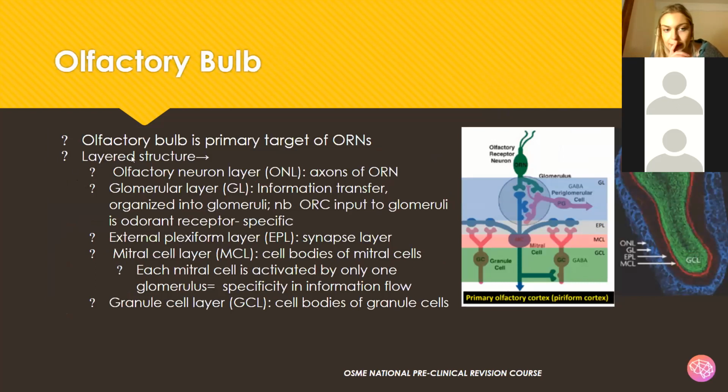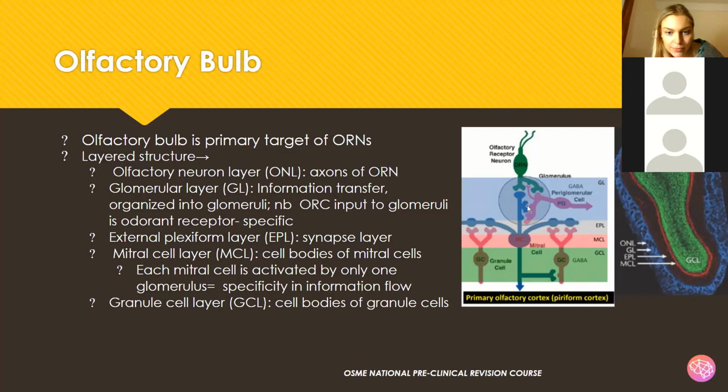The olfactory bulb is the primary target of the olfactory receptor neurons. And it's got a layered structure, which you can see here, which is really nice. So we start with the olfactory neuron layer, which we can see here in blue. And these hold the axons of the ORNs, as you can see here, these green axons coming down off the bottom of the ORN. And then we move further down into the glomerular layer, the GL, and this is important for information transfer,